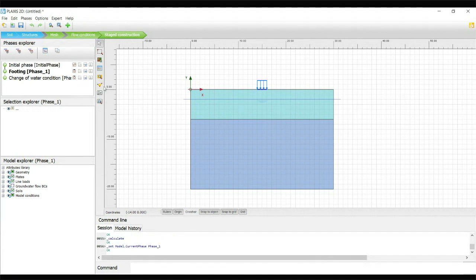Okay. So now let's move to how to study the result, how to view the result. In the staged construction, you have multiple options, single selection, multiple selection. You can activate, deactivate by toggling these tools. If you want to modify any material, you can use here. And you can see the preview of each phase.